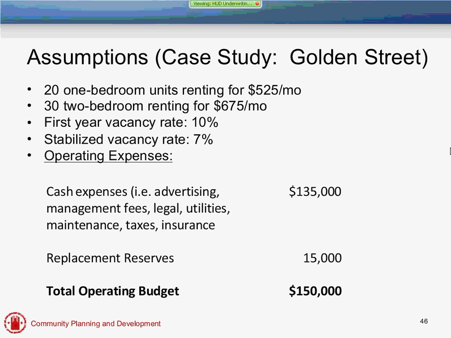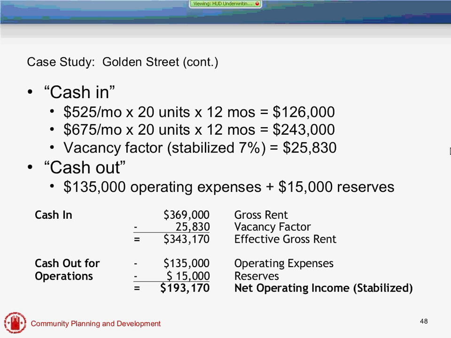Okay, so I'm going to skip ahead here so we can look at how we get to this number. Okay, so again, we're looking at our cash in and our cash out. So we were told that it's $525 a month. We have 20 units, and there's 12 months' worth of rent collection, so $126,000. Then on our two bedrooms of $675 a month, we had